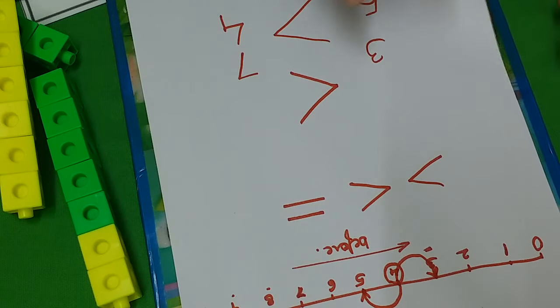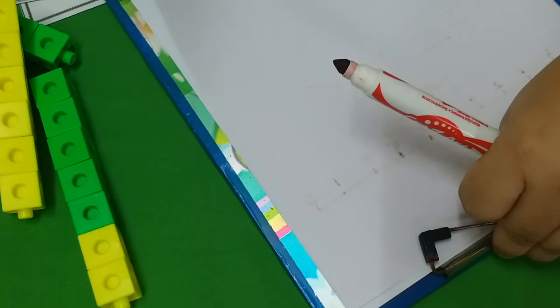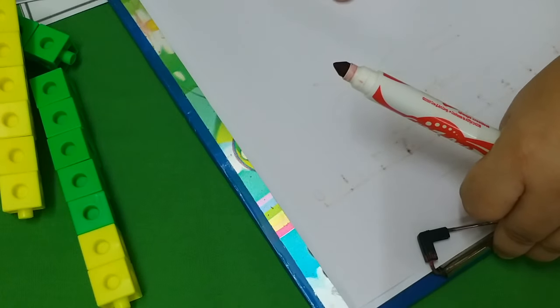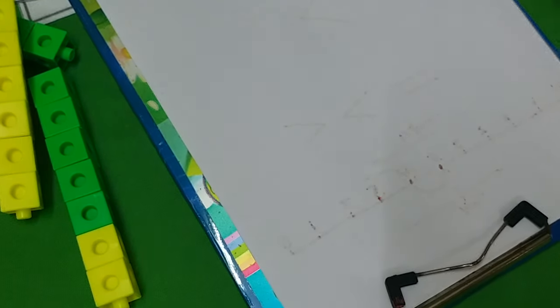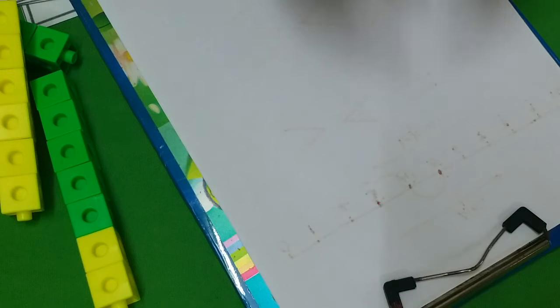Now suppose we have numbers from 11 to 20. Okay, if you have to explain to the child numbers from 11 to 20, here I am assuming the child knows the concept of tens and ones. If the child does not know the concept of tens and ones, I already have a video. I will link it in the description box to teach your child the concept of tens and ones. Please feel free to go through that video.